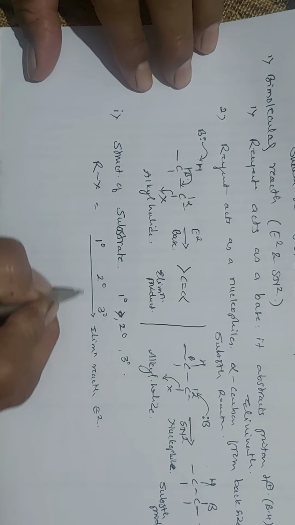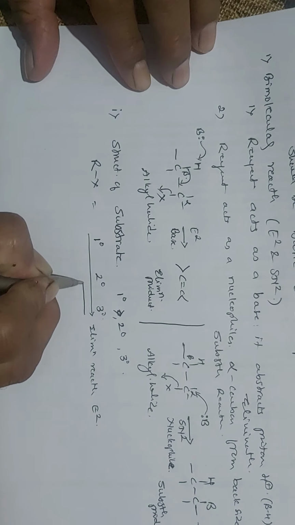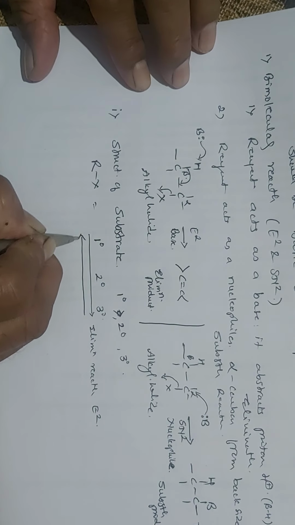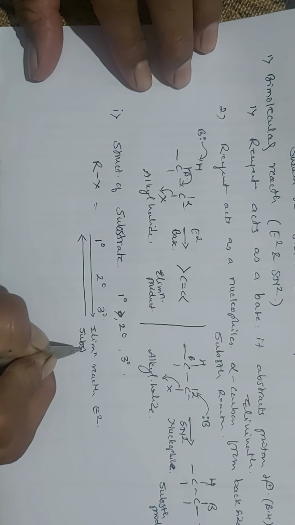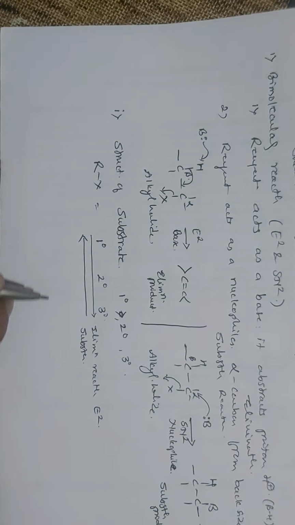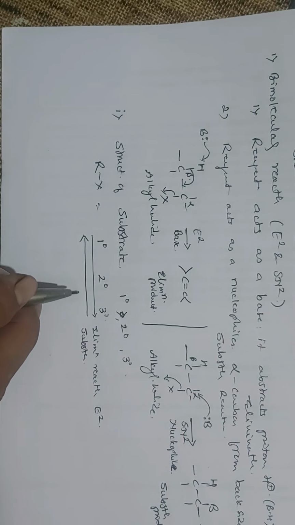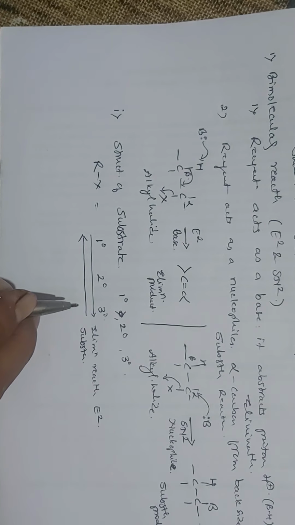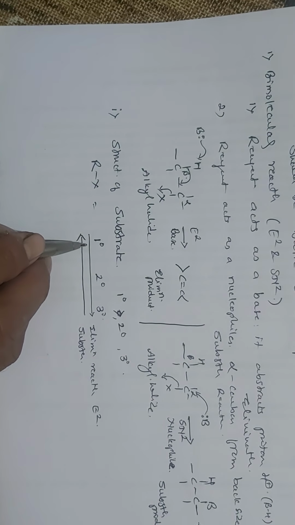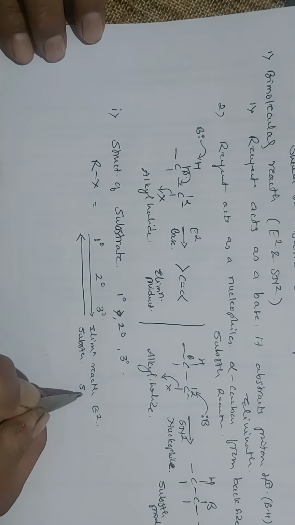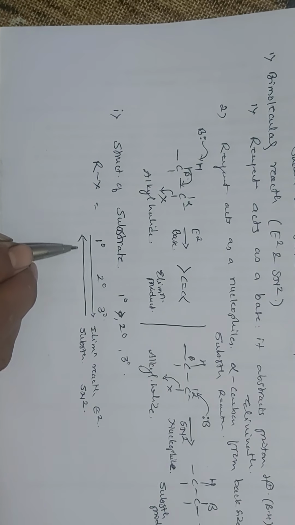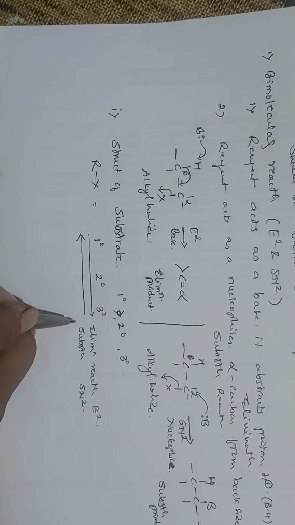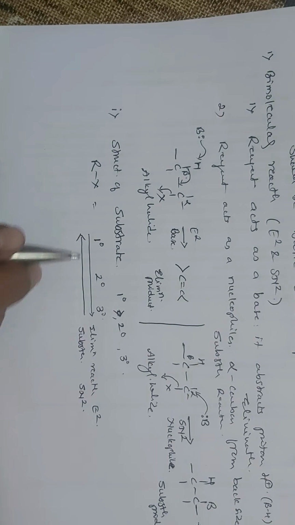But for substitution, the rate of reaction increases from tertiary to secondary, secondary to primary. Substitution is more favorable when the backside attack of the nucleophile takes place where there is less steric hindrance, meaning the substrate must not be crowded. So the rate of SN2 reaction decreases from primary to secondary, secondary to tertiary, or we can say it increases from tertiary to secondary, secondary to primary substrate.